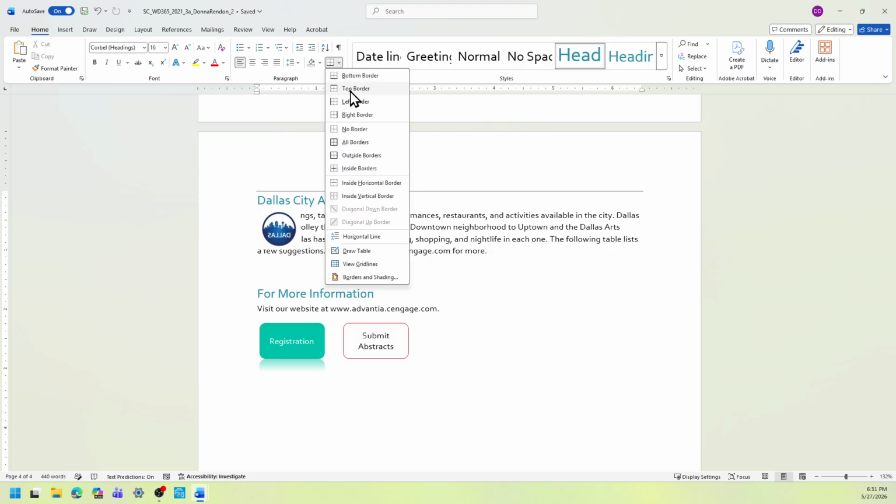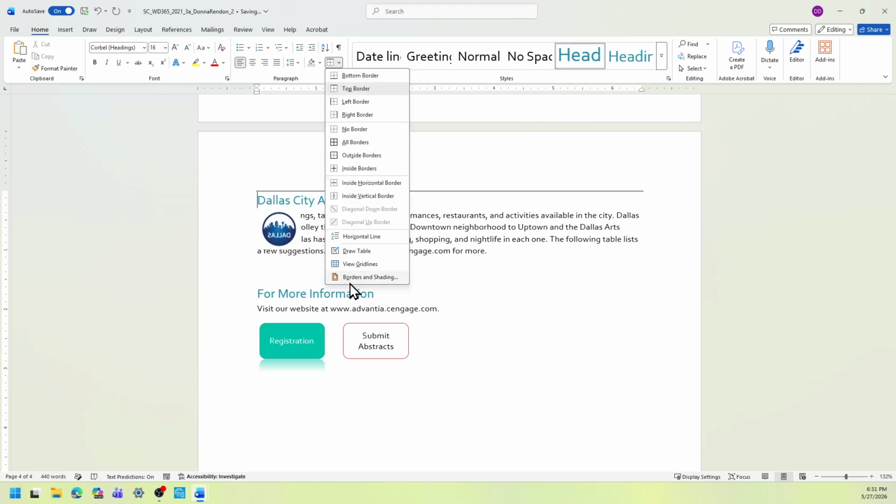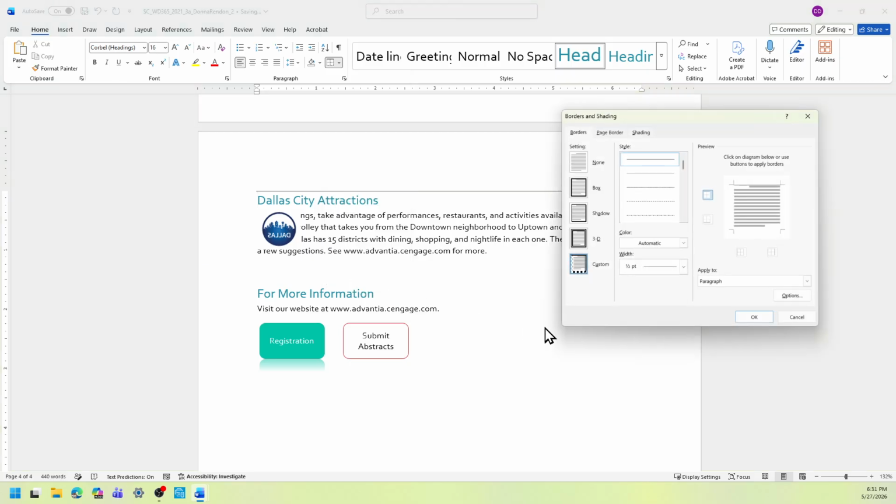You can select the top border here, but then you need to also select the borders and shading to make sure that the style is the third. It says the third option in the style list. So this is number 1, number 2, number 3.